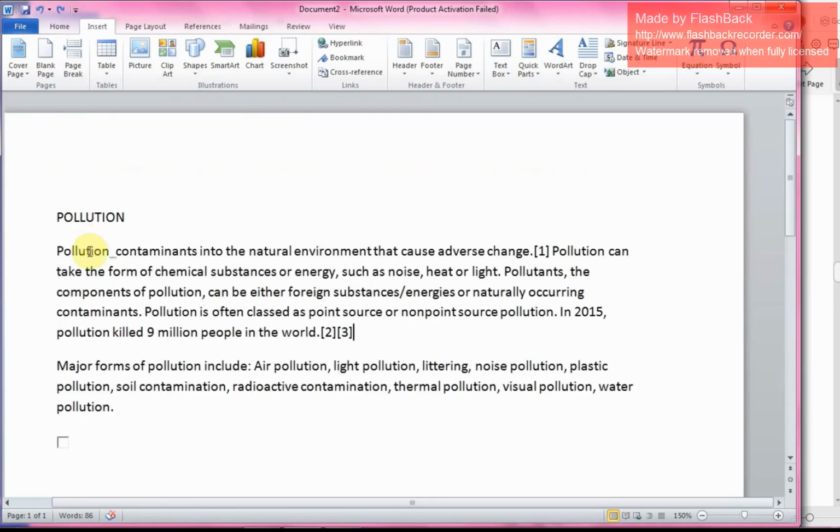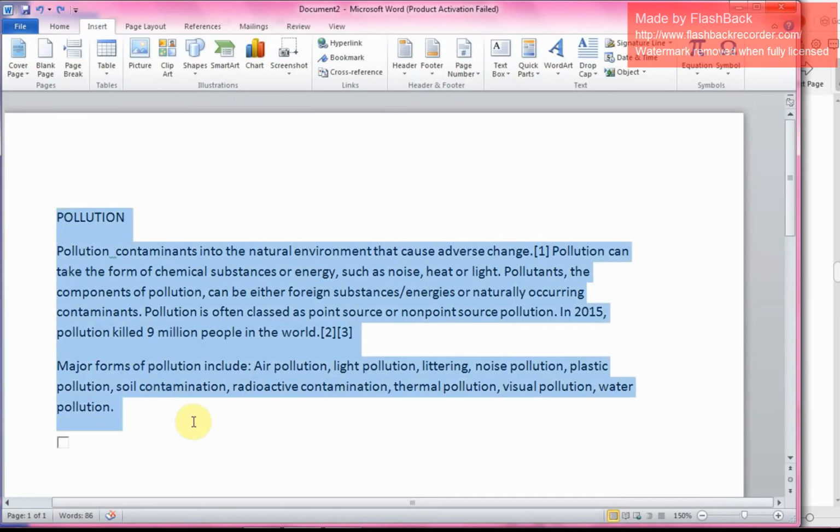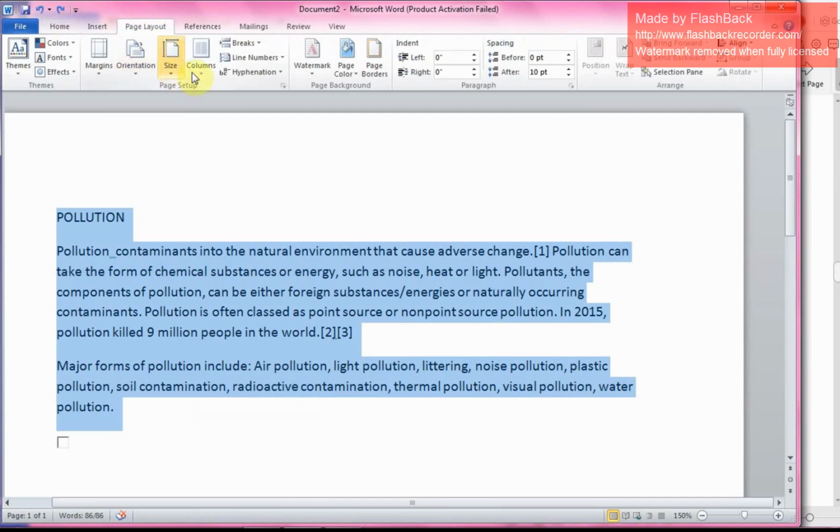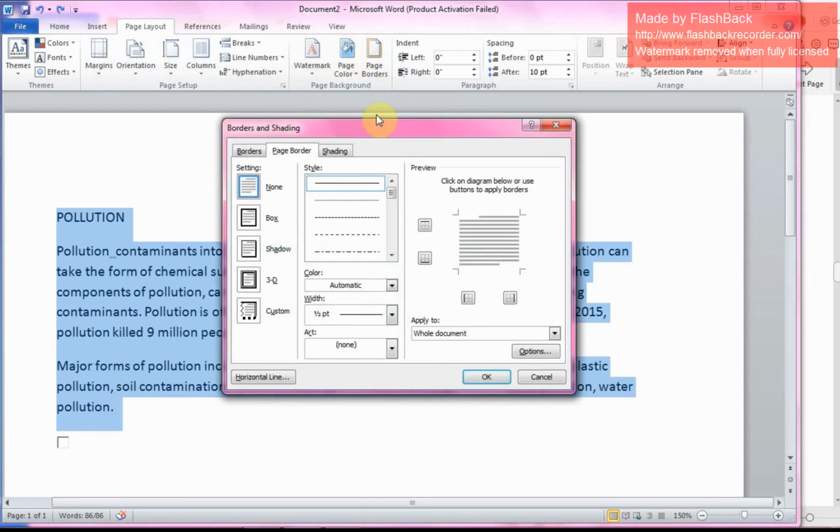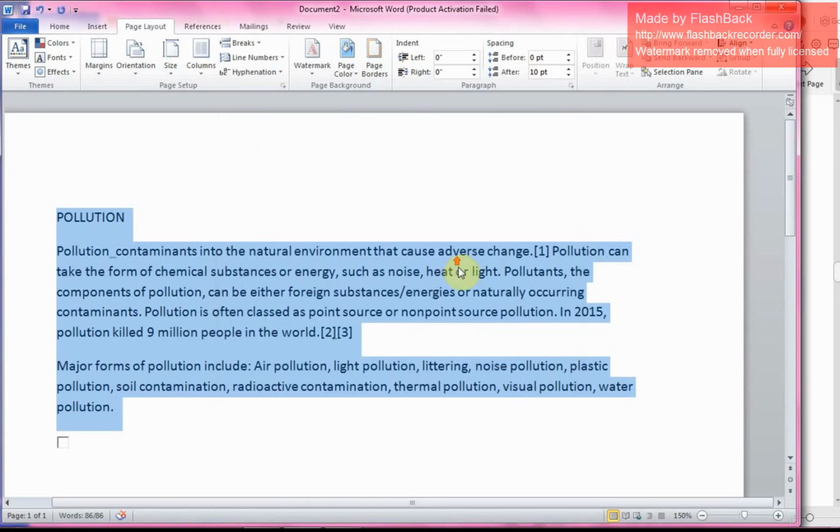We can add the borders also. So how we can add the borders? Here we find page border. Just select which border you want and click on the OK button. The page border will be applied.